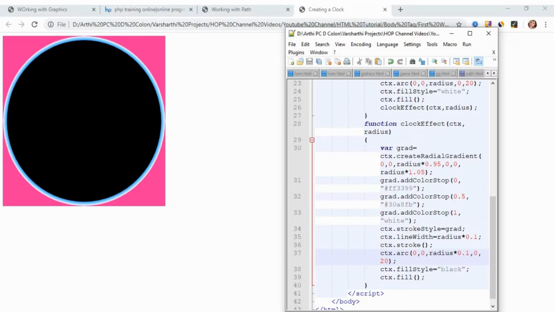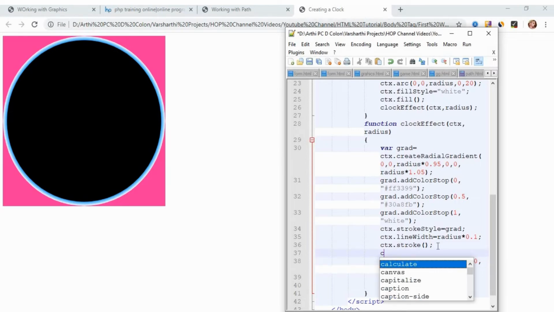So here we have to create a begin path. Now save your program and rerun it.